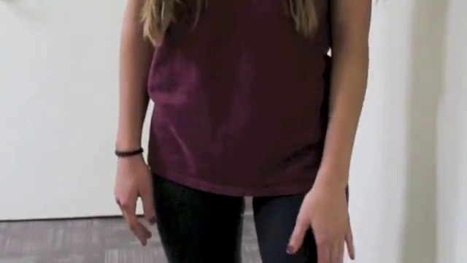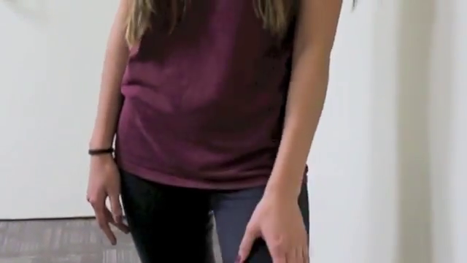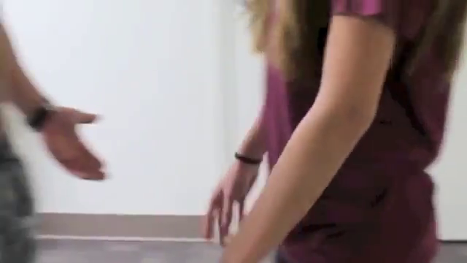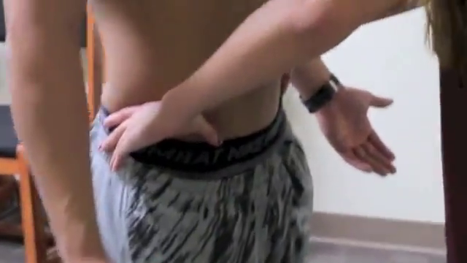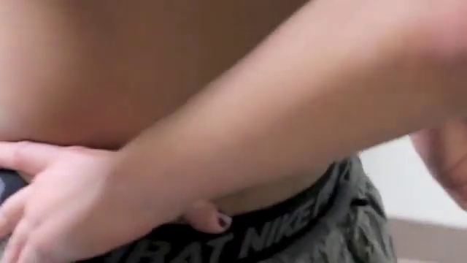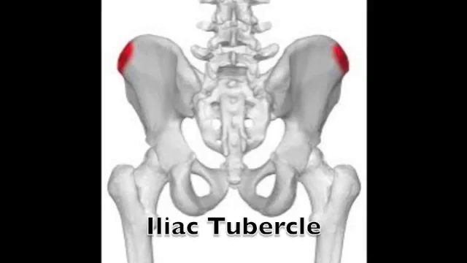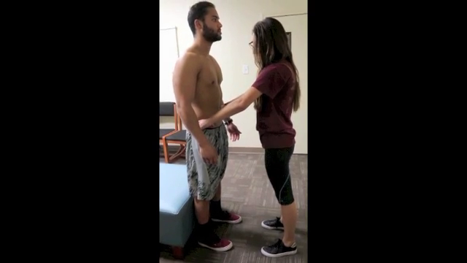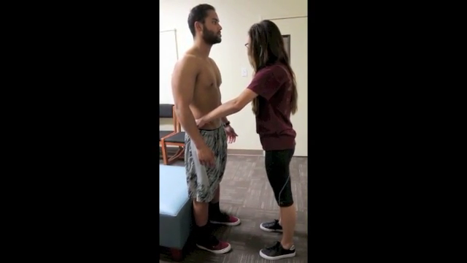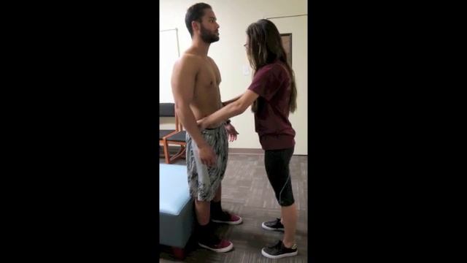I will first be palpating the anterior superior iliac spine, also known as the ASIS. I will stand anteriorly to the patient and place my hands on his hips. Where the thumbs naturally lie, that is where the ASIS is located. From the ASIS, if I move my fingers 3 inches up, I will be at the widest part of the